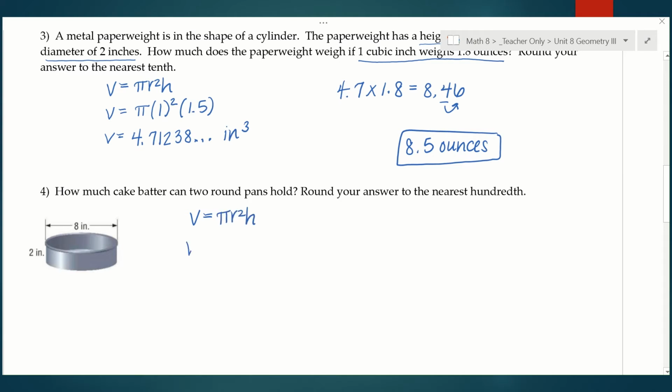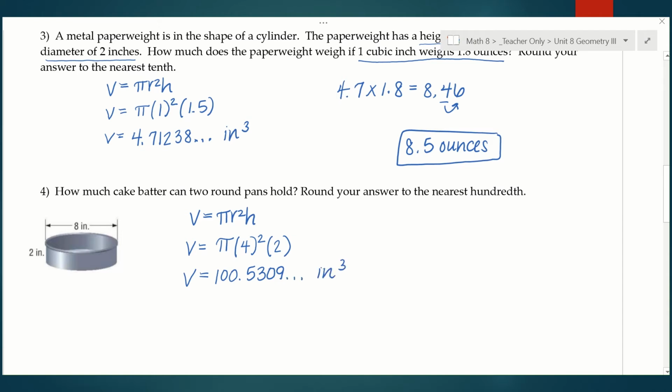Again, the directions are saying to round, which means we're using our pi key. So I'm going to leave pi in my substitution step. In the picture, we can see that 8 inches is the diameter. It goes the whole way across. So our radius would be half of that. So we're going to do times 4 squared, and then our height is 2. All right, so if we type that in, pi key times 4 squared times 2, we should be getting a long decimal,